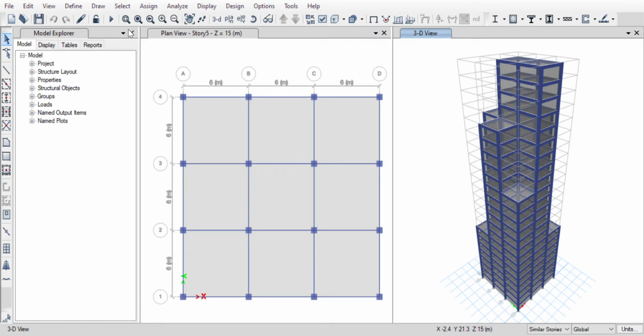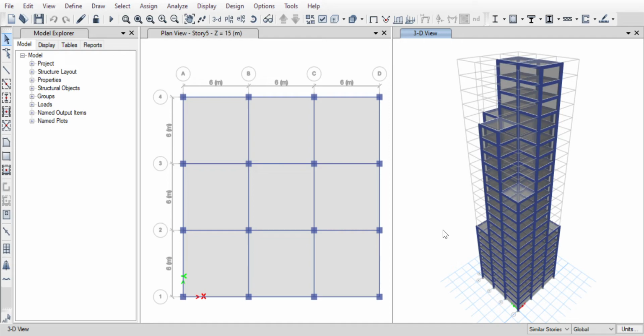After that, we have to define the wind load pattern. So from define, we have to go to load patterns, and then you can see we have already defined wind load by IS 875 1987, and we have to modify from the same menu. As I told you, we have taken the parameters from IS 875-1987 corresponding to a building in Bangalore city. So I have already done all this exercise.